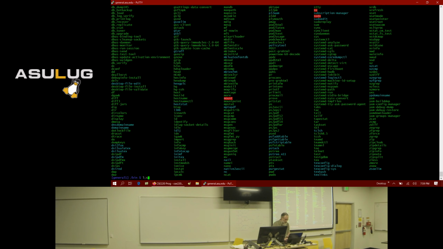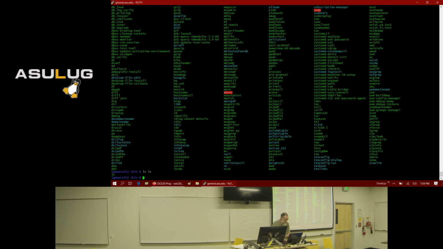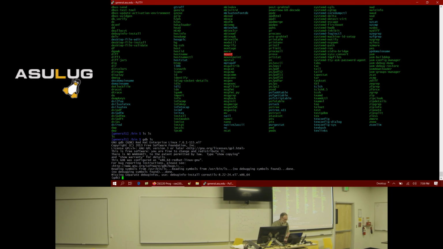The ls command is in bin. So we can gdb ls. Now notice it says here, reading symbols from blah, blah, blah, no debugging symbols found. That's because when they built ls, they didn't do the -g option. And like I said, you don't normally put debugging information in production code.